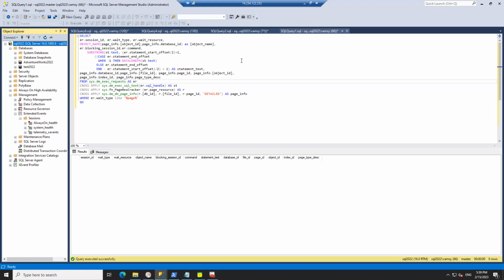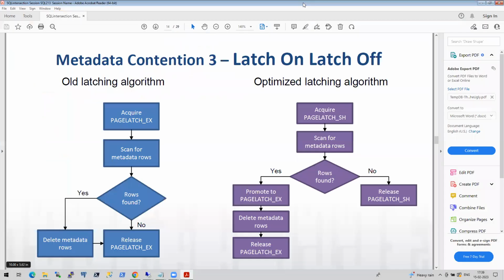I mean, we can use the Query Store, right? See, just to monitor memory use, the best solution is, I have a few queries. Of course, they are there on the internet. I don't know how many of you are making use of that. If you can track those queries, what I usually do is run that job every 1 minute. So it captures the statement and it captures everything,